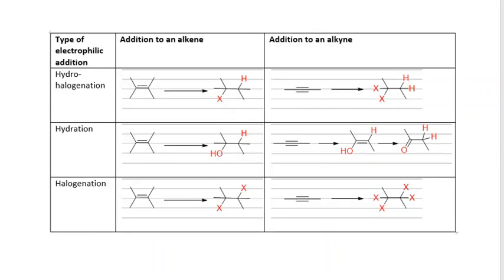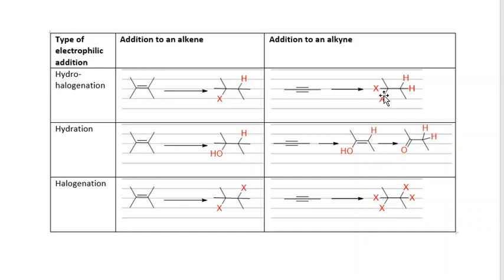So if we compare addition to alkynes with addition to alkenes, you can see in many cases you might be able to predict what is going to happen. If, for instance, you do hydrohalogenation for an alkene, you get 1 hydrogen and 1 halogen on your compound. If you do hydrohalogenation with an alkyne, then you need 2 aliquots of HX, and you will get 2 of your halogens on,